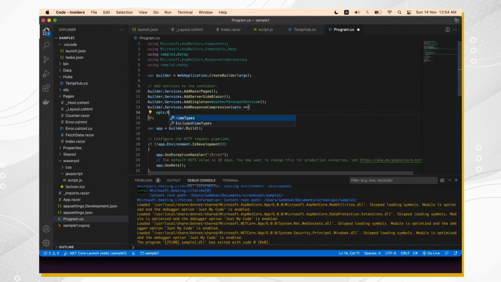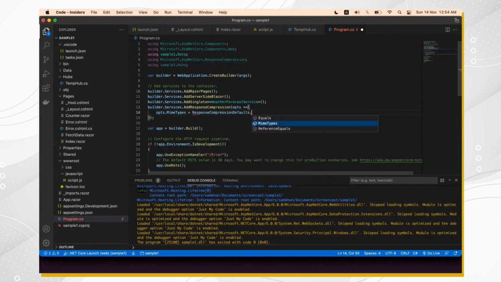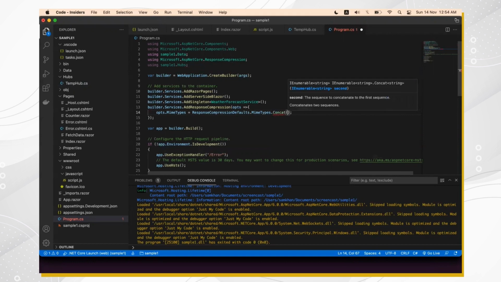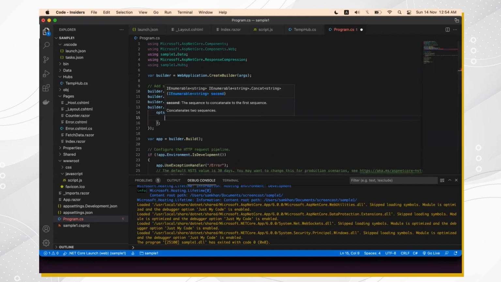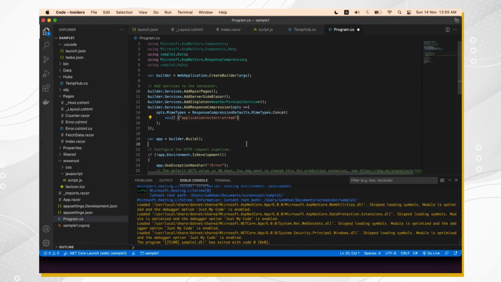Options, line types, response compression. I think this is the one, defaults. Line types dot cat. Inside this, we have to specify a new cat slash object. Okay, and then we need to also